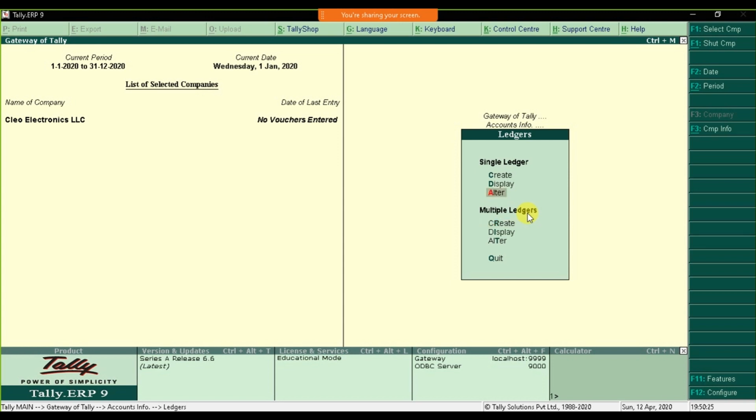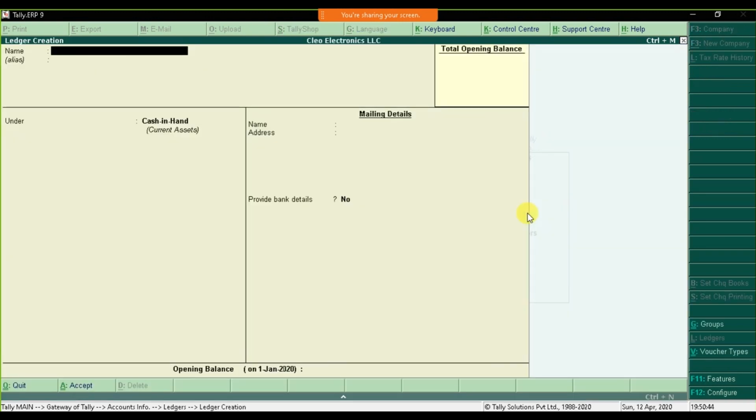You can create single ledgers or multiple ledgers, both of them. But when you are master in Tally ERP 9, then try to create with multiple ledgers. Right now you are doing practice, so try to use single ledger, because you will see different options here. Like if I want to create another bank, let's suppose I'm gonna create